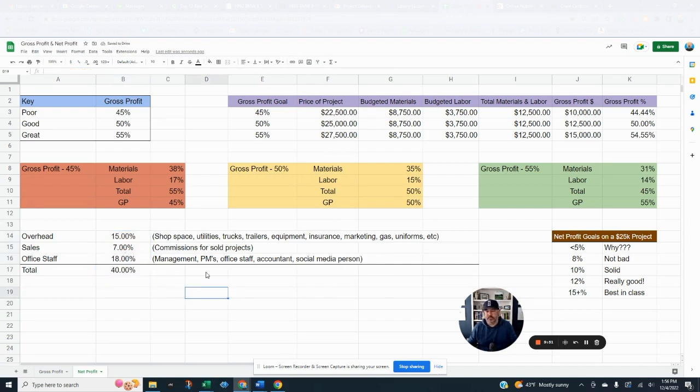Right, we've got 40%. So if you're over here and you're saying, hey, I might not be at 50 because it's not that big a deal, I'm fine making $10,000 on that project, but my percentages here are outrageous. And keep in mind, it doesn't matter your size of your business. It actually does, because these numbers here tend to get a little bit better, especially overhead and office staff, because people can kind of take on more. When you're littler, one office person really makes it tough percentage wise, right? Because you have to eat so much of their salary.